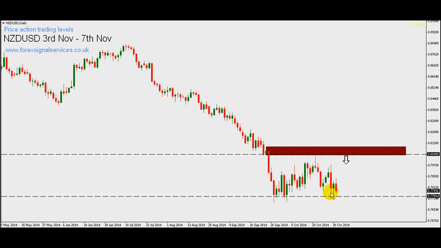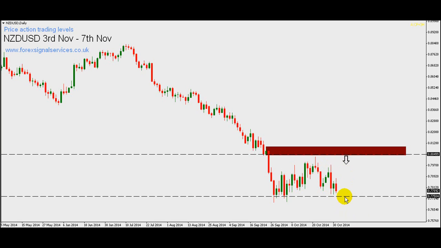Where we are now at 0.7750, we're sort of bouncing off this level, and I would want to see some sort of bullish candlestick, or a possible proper test of this level, and then a bullish candlestick to trade this back up. If this downward price action here carries on and we break this level,